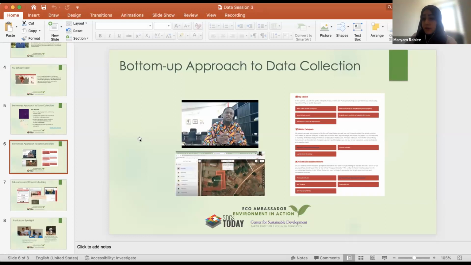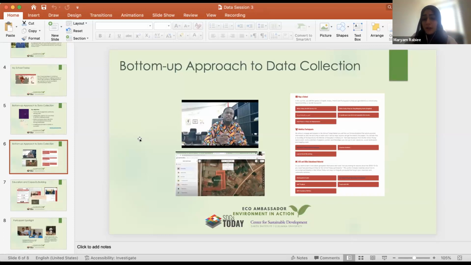We also have a survey for those who are interested in providing more information about their schools, such as the name of their school, how many teachers they have, or different services they might have access to, like internet. For those who are interested in collecting or sharing that information, we have that option available as well. And then we have other resources like a participation guide that provides an introduction to the Sustainable Development Goals and various concepts that are addressed throughout this project.